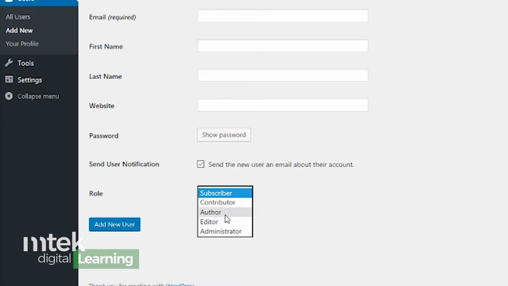Whereas an author with a lower level of access is somebody who can publish and manage their own content. So they can write a blog article and they can choose to publish that blog article. But they cannot choose to edit something that somebody else is doing. So another author, they can't change what that person has written. And that's a good thing because they're responsible for their own contributions. A contributor, on the other hand, is somebody who can write and manage their own posts. So they can write a blog article, but they cannot publish it.